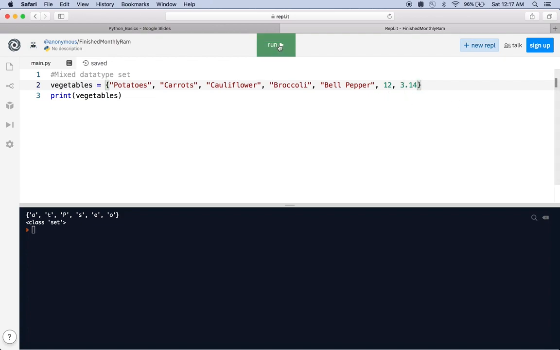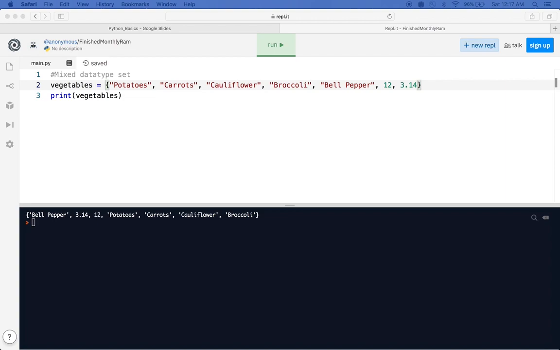So let's see if we can do that, right? Yeah, it's okay. Python doesn't error out if you throw in a bunch of different data types. So that's that. Now, one thing is that you can have only immutable elements in your set. So what I mean by that is,